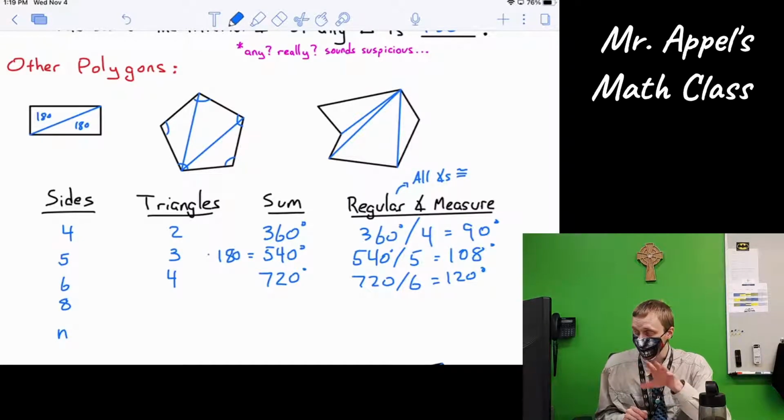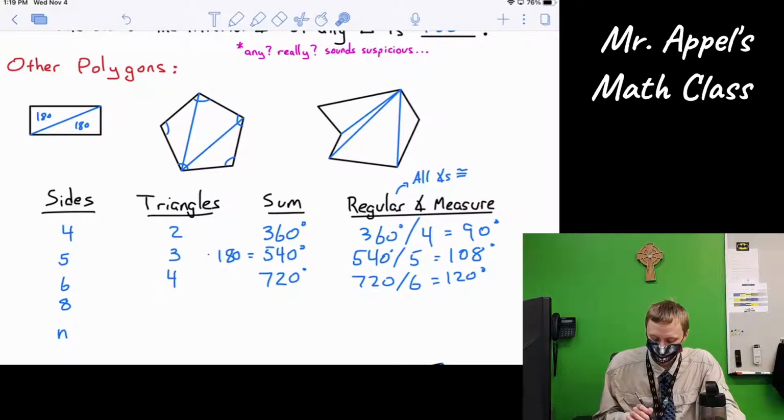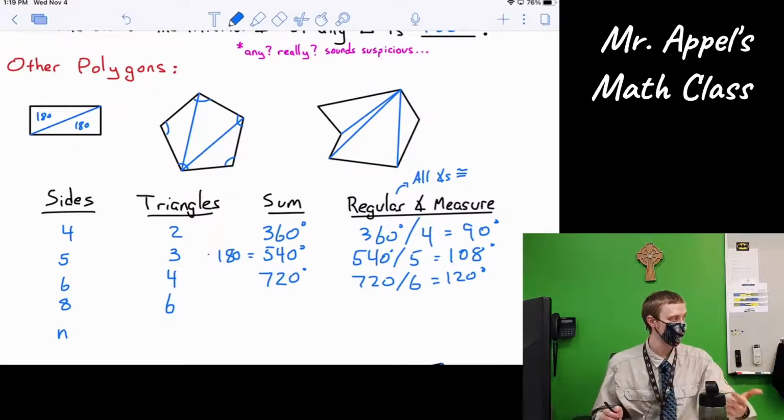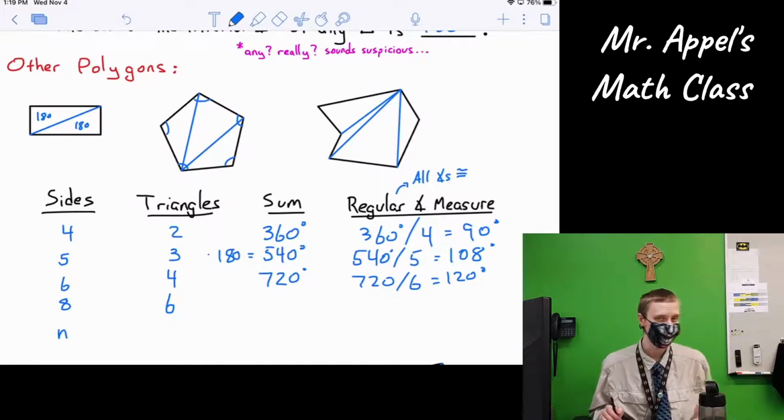All right, last one. I think we're seeing the pattern here, right? Sides go up 4, 5, 6. Number of triangles, 2, 3, 4. So if I jump to 8 sides, how many triangles do we expect to have? 6, right? So to find the sum, I'm going to take 6 times 360, and we're going to get